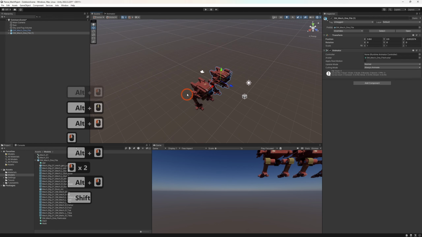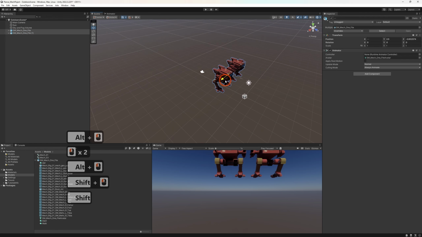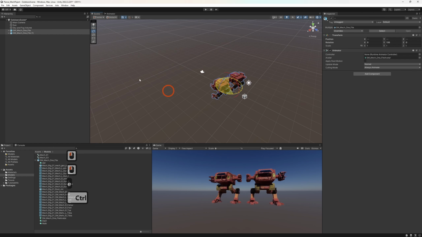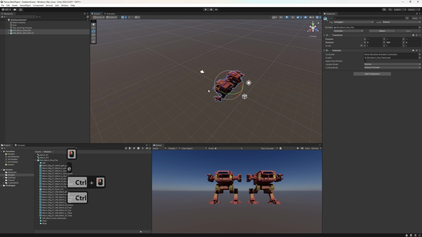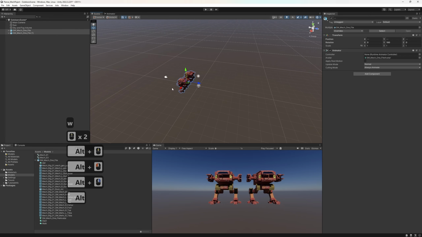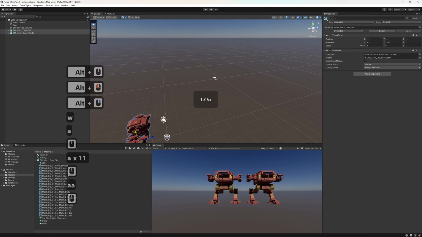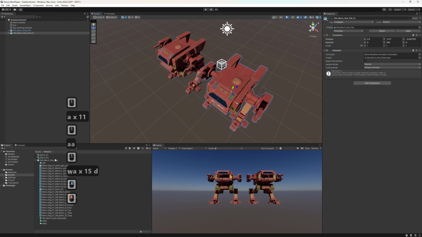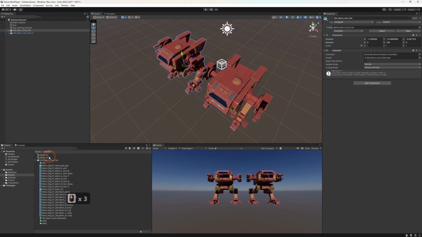Guys, move them around. You guys should be familiar with these, moving things around in 3D space. Alt, and then right click can also be used to move around, right? I'm going to grab Mech 1, select this Mech as well, grab Mech 3, plug it in. If I hit play,